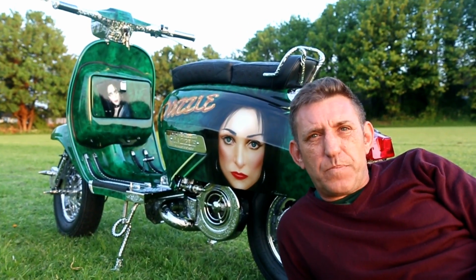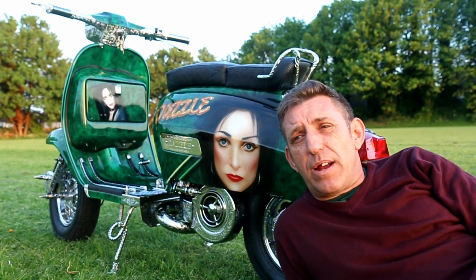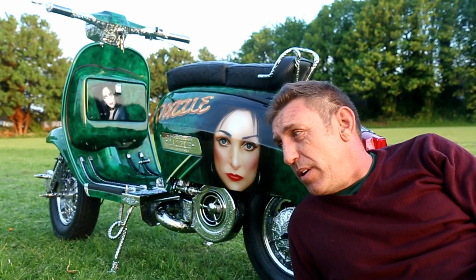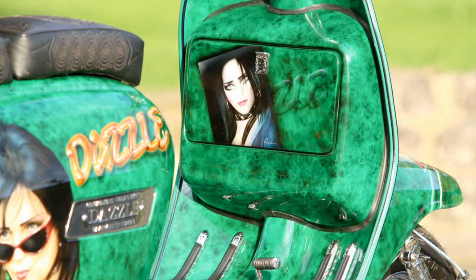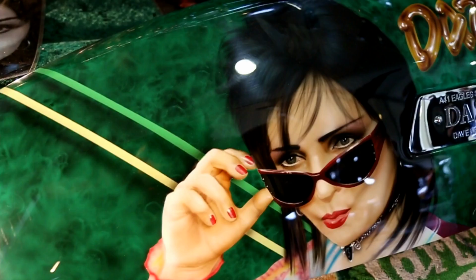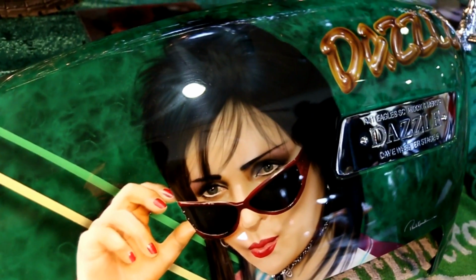So what percentage of it is the original bike? 35%. That's the head cowling, the flywheel cowling, the rear hub, and the engine chain case. The painter, Paul Carslake from Leon C. Every bit of paintwork he done. The polishing was John Waltlake, JL Polishing. He's done 95% of the polishing,